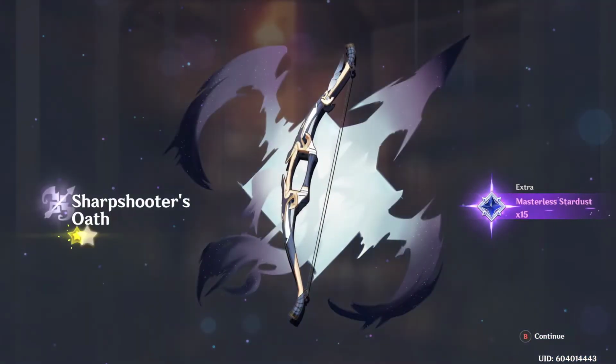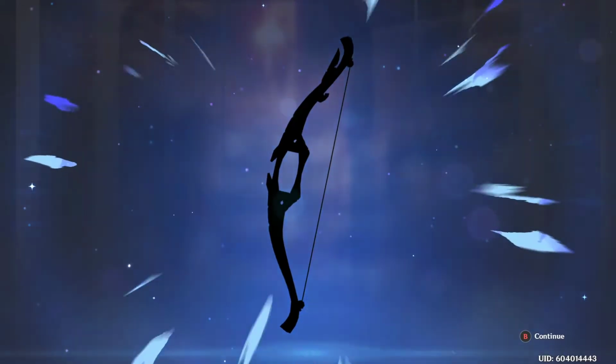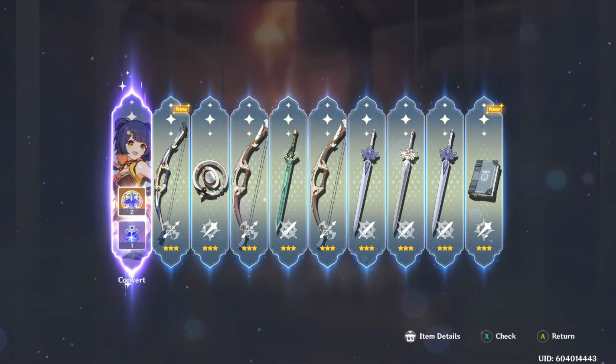So out of all of these, we should get at least one 4-star thing. Hopefully more is better. Okay, unfortunately our 4-star was another Xiangling. I don't know what that gives me. Hopefully some kind of good resource. Alright, so that was not a great pull off of that. Yeah, just converted it to